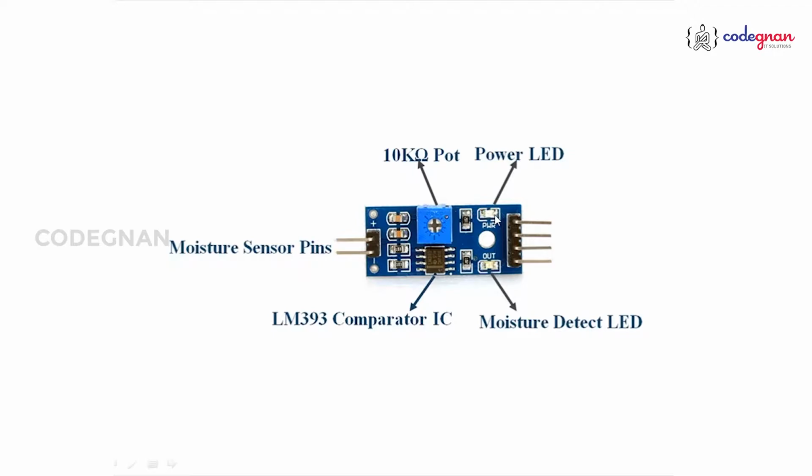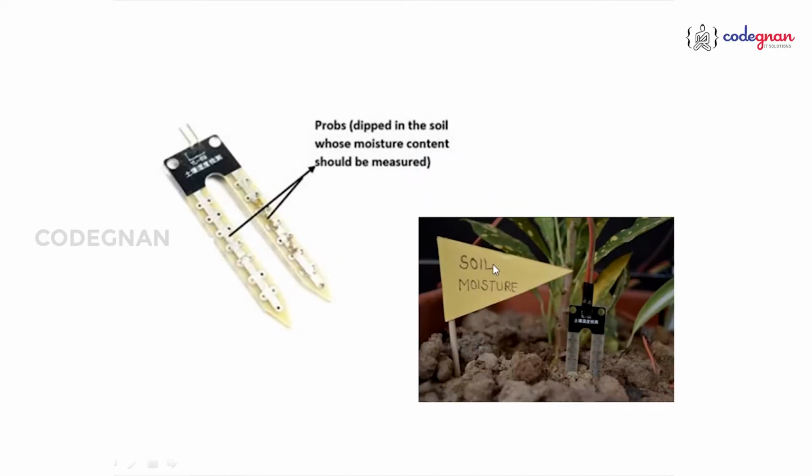It also has two built-in LEDs that indicate power and the soil moisture signal. We have to dip the soil moisture sensor in soil so that it can measure whether it is wet or dry, and also we can get what percentage it is wet and what percentage it is dry. All this we will send to our web server by using Arduino IDE, NodeMCU and the soil moisture sensor. So we have to go to Arduino IDE for our programming part.